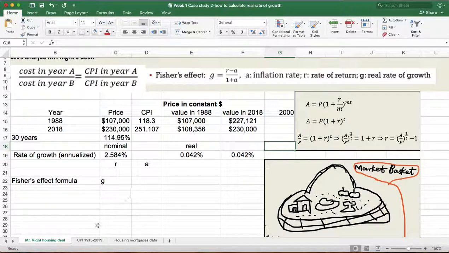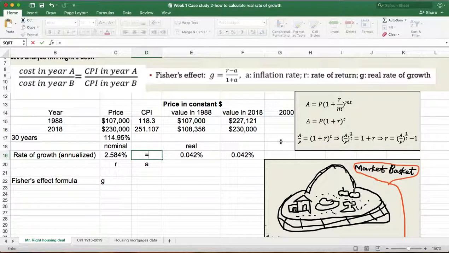The other way to calculate the real rate of growth is to use the Fisher effect formula. Use this formula. Here we already have the nominal rate. How to calculate the inflation rate? Actually, it's the same. The CPI grows from 118.3 to 251.107. So over the 30 years, annually, the rate of inflation is